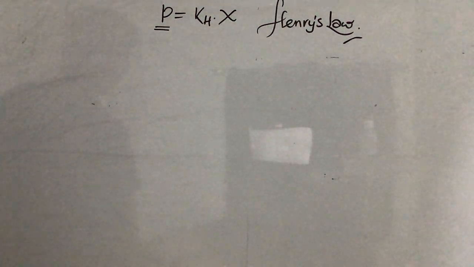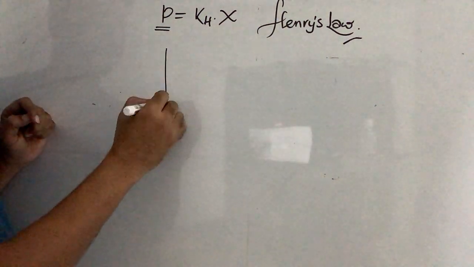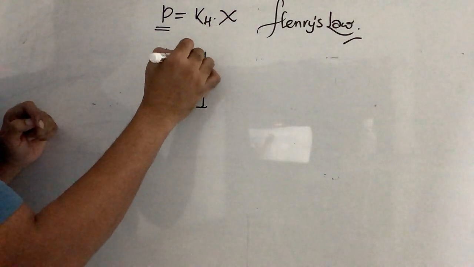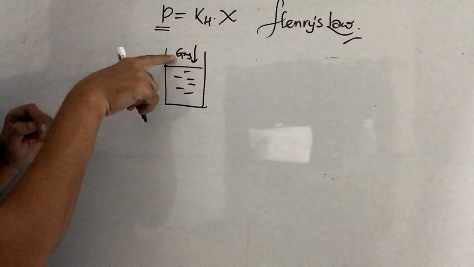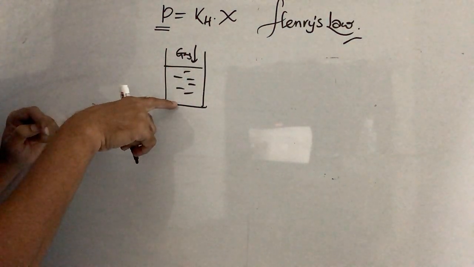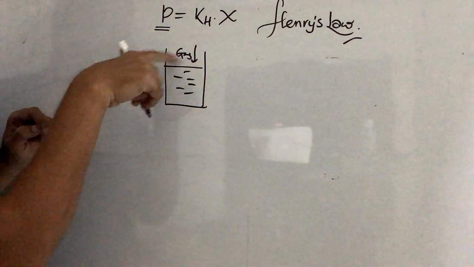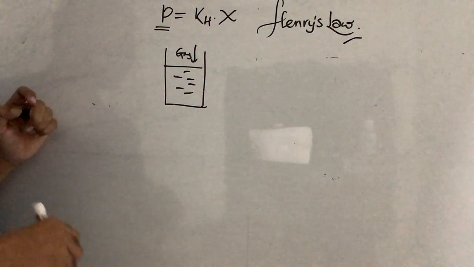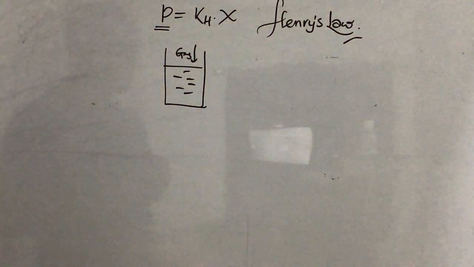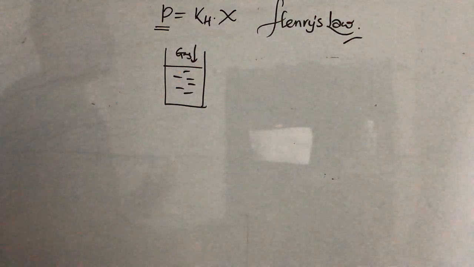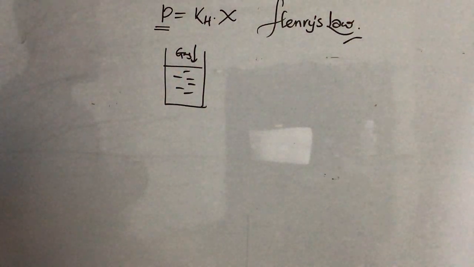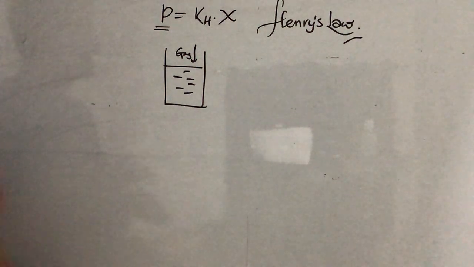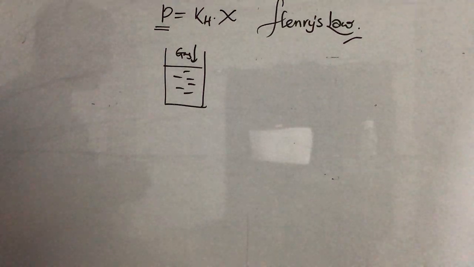X is mole fraction. So, for example, this is a liquid. Into this liquid, whatever gas you want to dissolve, the solubility of this gas in this particular liquid depends on the pressure. We express the solubility in terms of X, that is mole fraction. That means the solubility of the gas depends on the pressure. If you apply more pressure, more solubility will be there. For that purpose, you can use this. So these are the important formulae related to solutions and colligative properties. If you remember all these formulae, definitely you are going to answer the questions coming from this in entrance examinations.